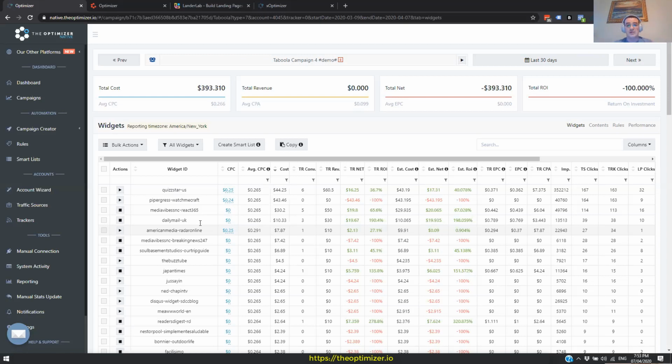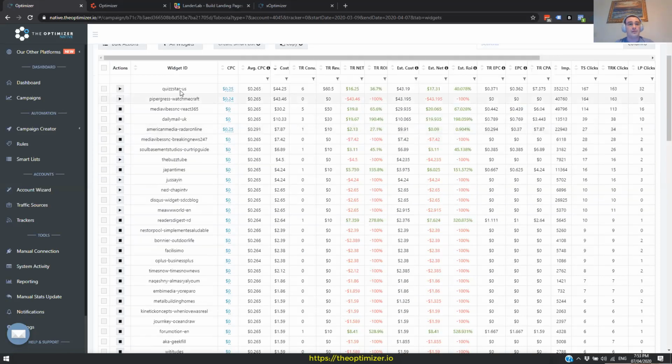We had all the statistics reported accurately on the campaign level. We do have them on the widget and content level, and as a matter of fact, I just have statistics on my demo account, like more statistics for Taboola only. So I will base the explanation or the demo on Taboola statistics. So if you see here, you can get a quick breakdown of the performance